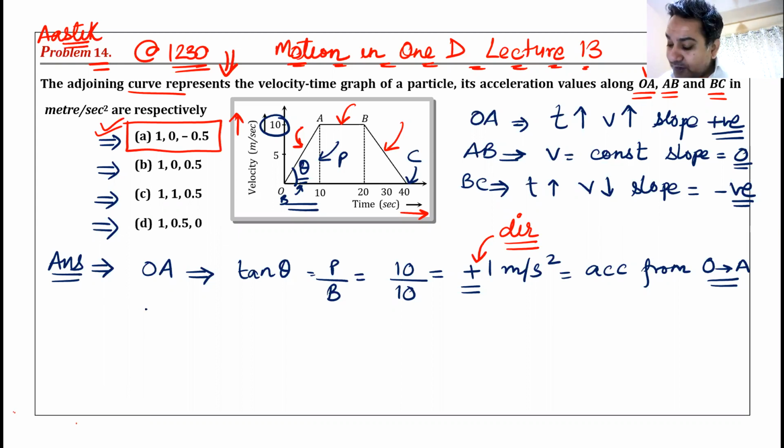From O to A, from A to B, part AB. It's very simple. Slope is 0. So acceleration has to be 0. Everyone knows this. For the part from B to C,